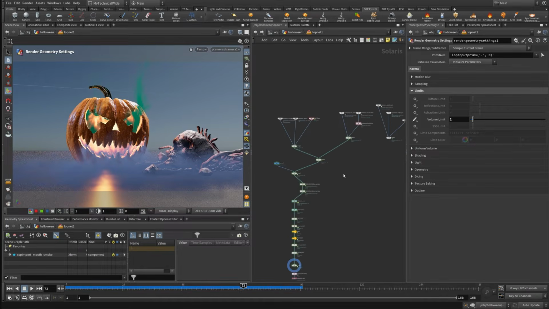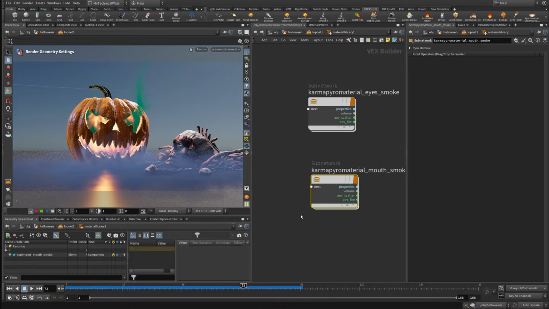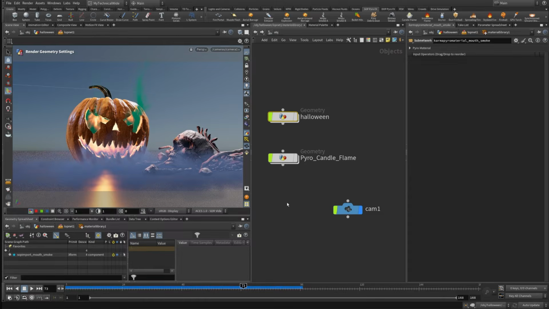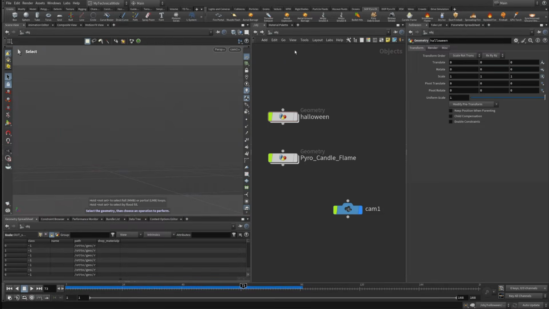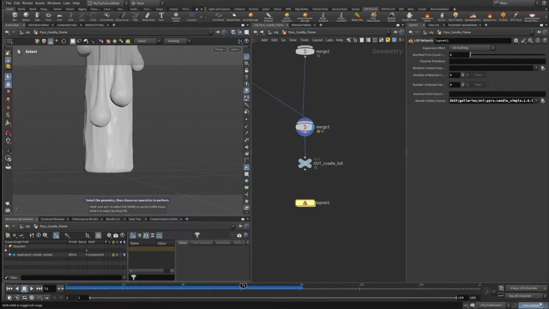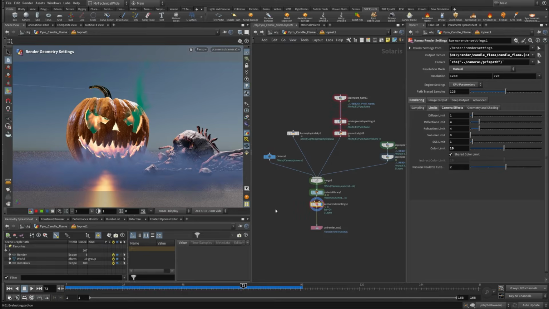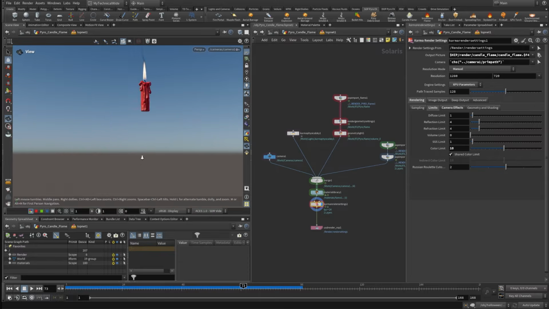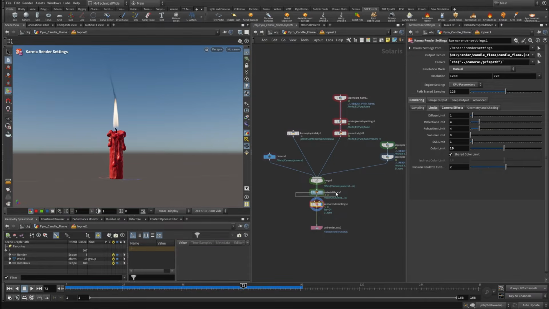So if we get outside here, just go to OBJ. In the OBJ, in the pyro candle flame, if you dive inside, there is actually a LOP network. I'm going to set this to manual so it doesn't load. So if we dive inside, we would see the actual candle look development LOP, which has all the materials in,